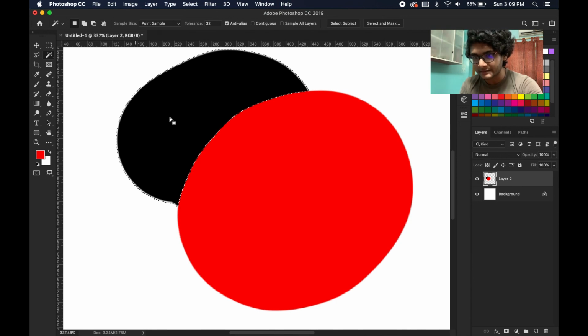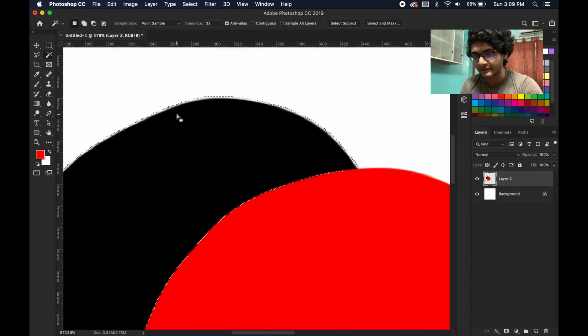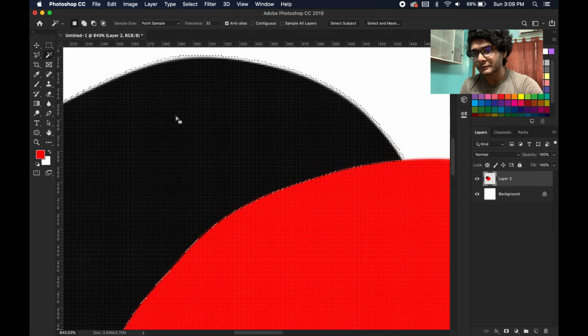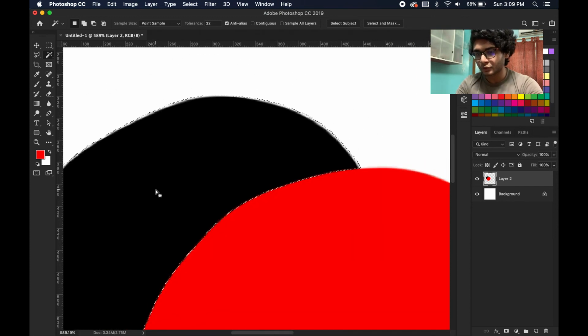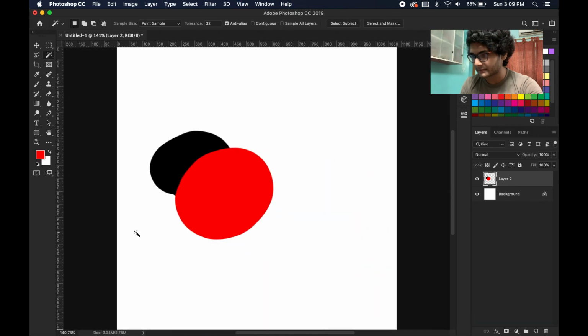The selection is quite visible. Press Command D to deselect it. Now I will delete this layer. You can delete a layer by dragging it into the trash can icon, and then it gets deleted.